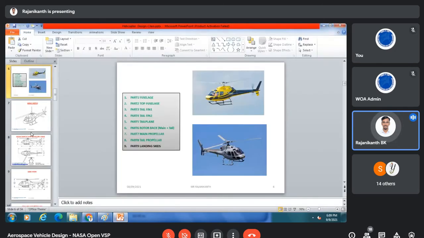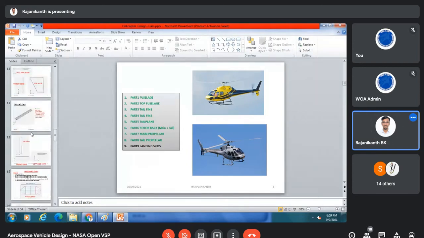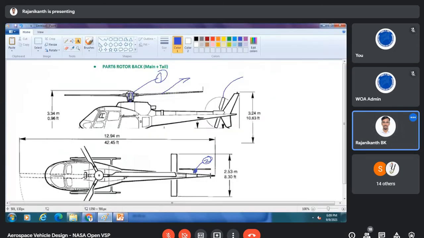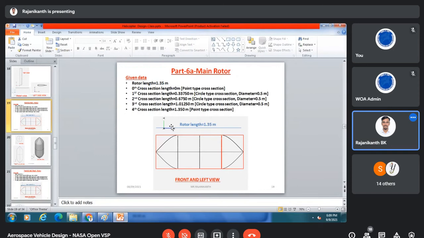Here we have all the geometrical parameters of the main rotor. After this we'll go for the tail rotor. Then we'll come to the propeller, main propeller and tail propeller. So here to deal with this main rotor,